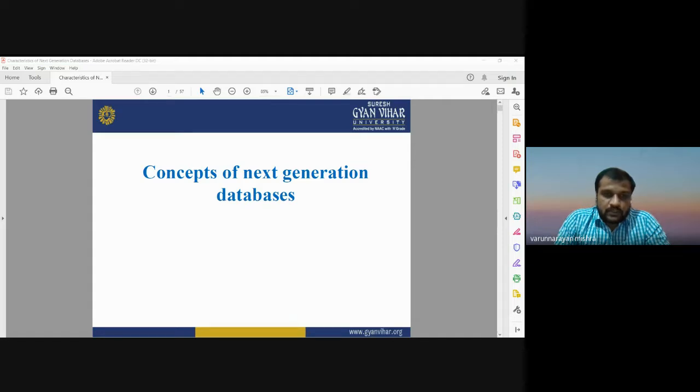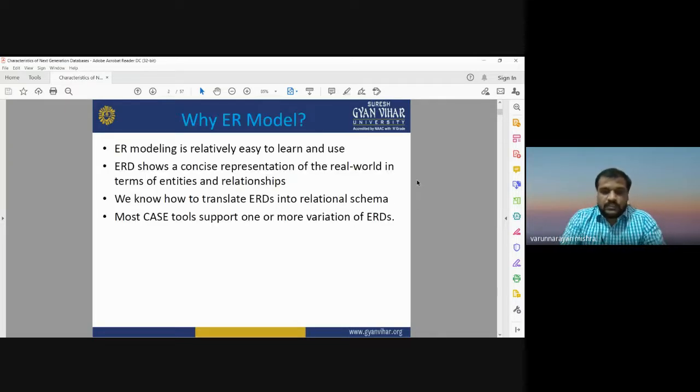Today's topic is about the concepts of next generation databases. Before starting the topic, first I would like to start with the entity relationship model. Database management systems started with the entity relationship model, and why did we start with it? Because